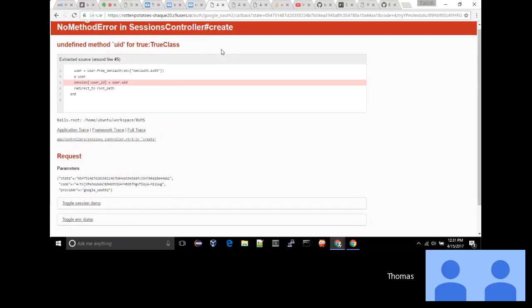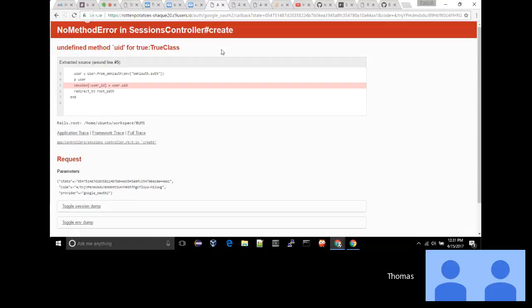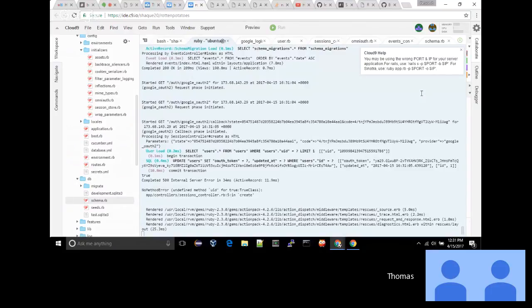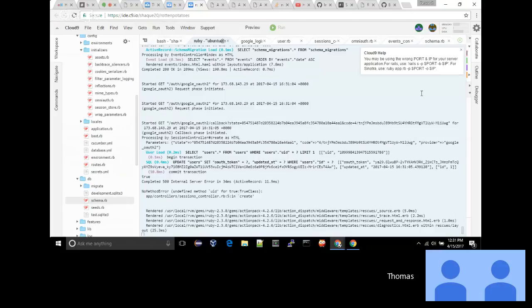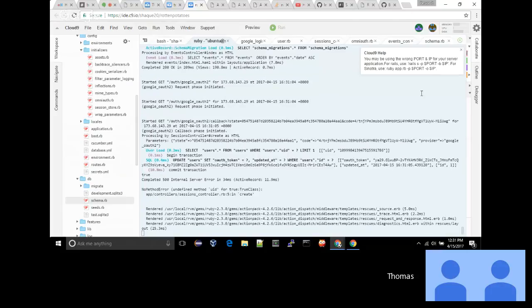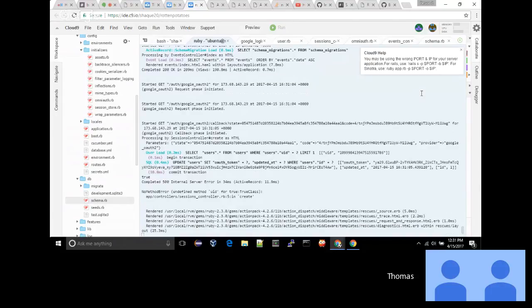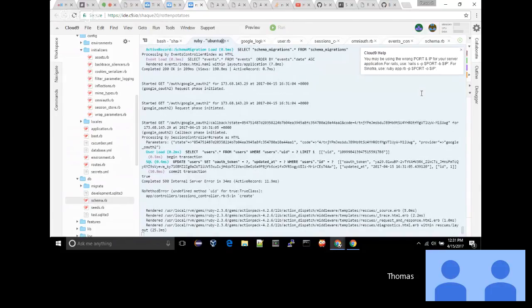Let's look at the terminal. Now slow down. Do you see? It's where we have p user. It says true. User is not what you think it is. That is weird. Our sessions controller code is from what the Google docs say to put. Okay, but I think you're getting